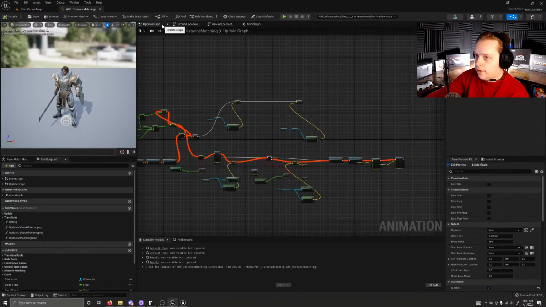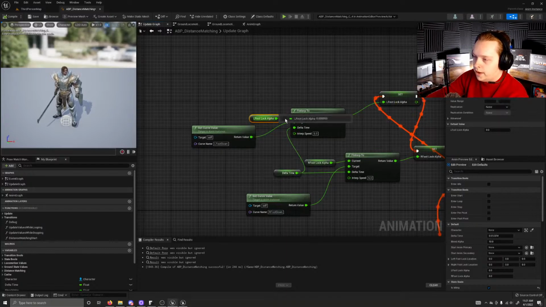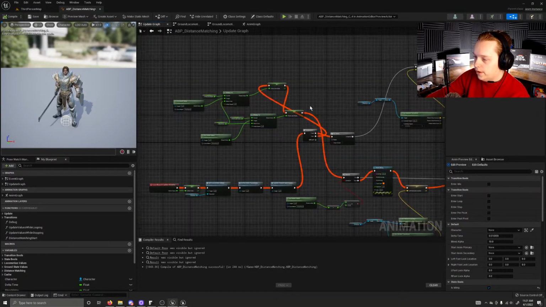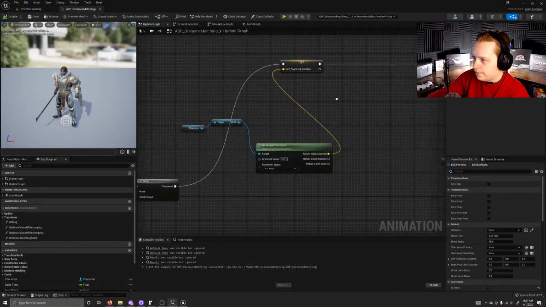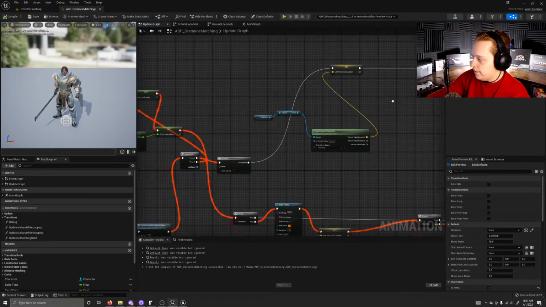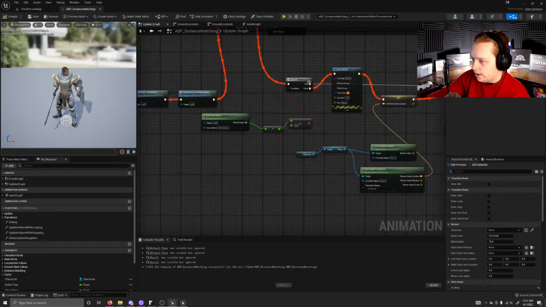I think I'll show you guys what I came up with. It's pretty simple. I'm just interpolating the foot lock alpha so that there's always a smooth blend and not a sharp jump. And when the project starts, I update the curve, the location, so that the feet aren't just stuck in the center of the world, because I'm doing this in world space. Then I'm getting the curve value, and if it is greater than 0,